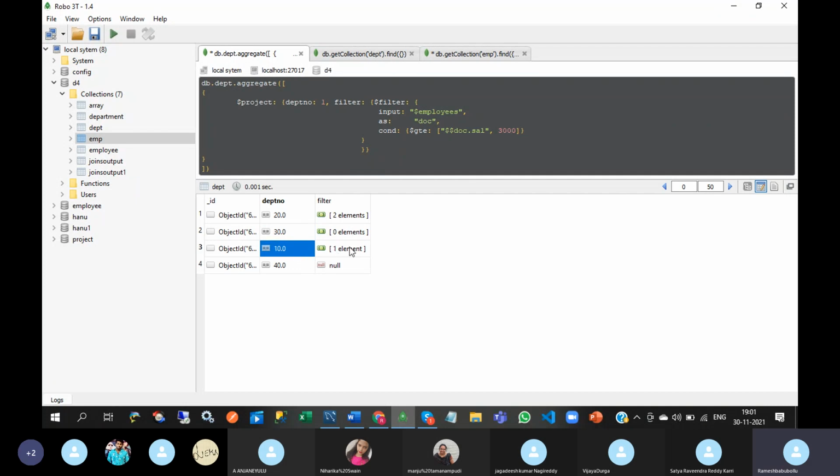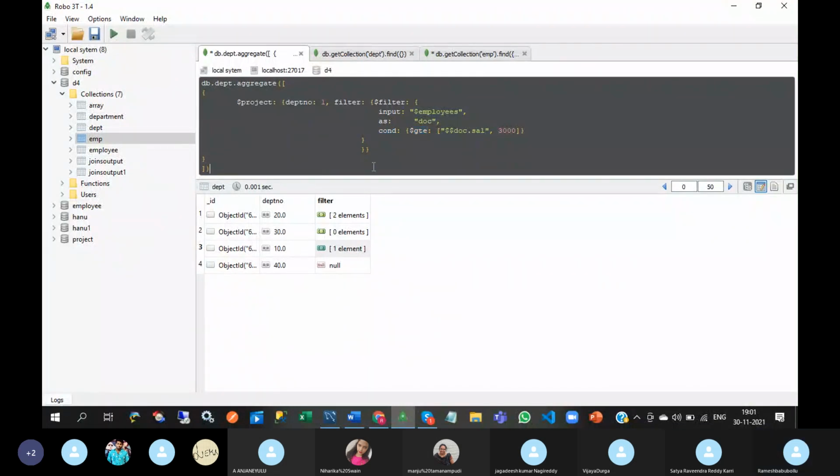In department 10, only 1 employee is there. So this is filter. Here I am giving the employees array as input and as doc. As doc means the first object. Condition: greater than or equal to, document dot salary greater than or equal to 3000.